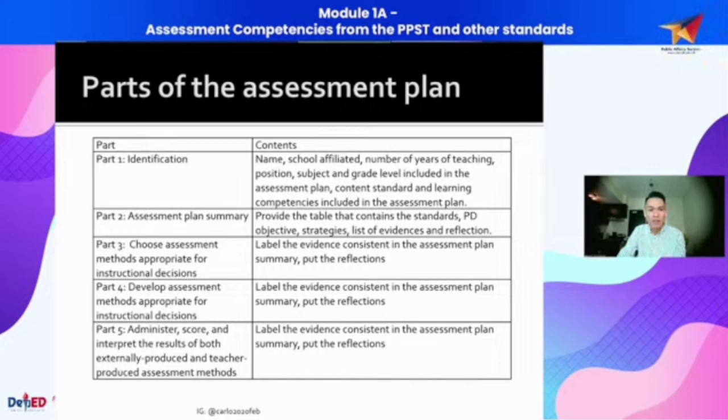So first, you put in your identification. What is your name, the school where you're affiliated, the number that you're teaching, your position, okay? The subject and the grade levels that you're including in your assessment plan, the content standards, and the learning competencies that you are working along. And then part 2, you can put in your summary, which is the table that I have shown a while ago. And then for each part, you now put in